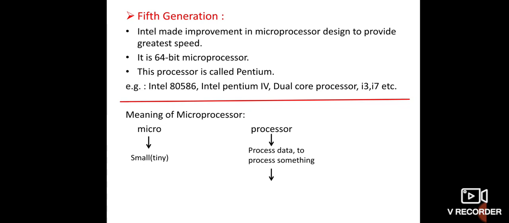In this processor, data is in the form of numbers. Micro means small in size. So a microprocessor is a small device which processes something. A microprocessor is small in size because nowadays VLSI has been developed. What is VLSI? Very large scale integration, so that we can combine all the components of a device in a single silicon chip.